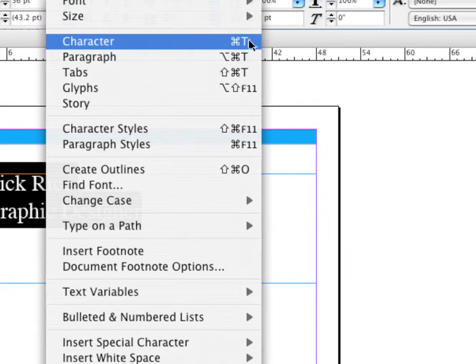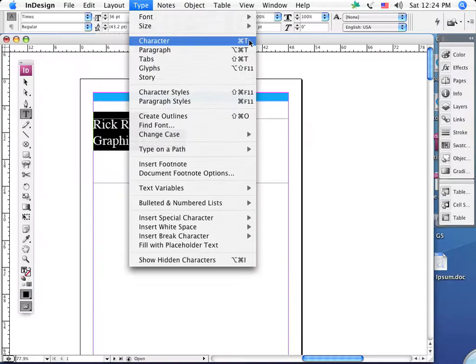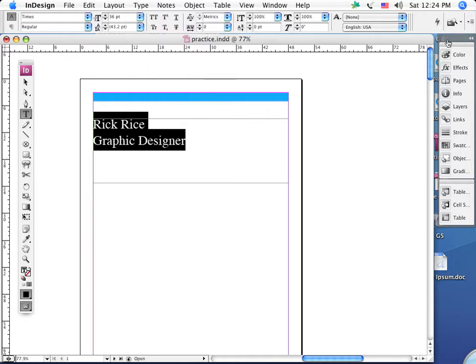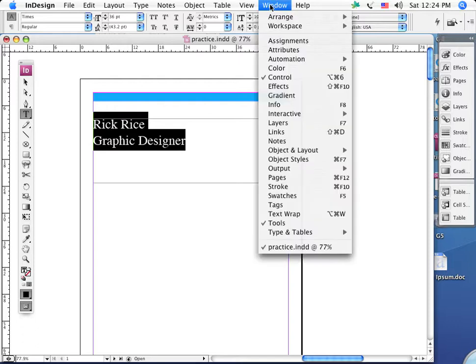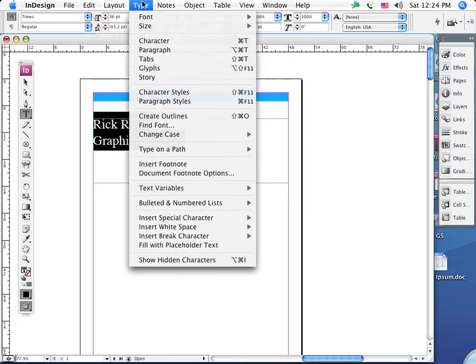So Command T, all right, and you can also access that from these tabs, the little pictures and tabs over here, or under Window, and once again I can bring up the Character dialog box from there as well. Okay, so